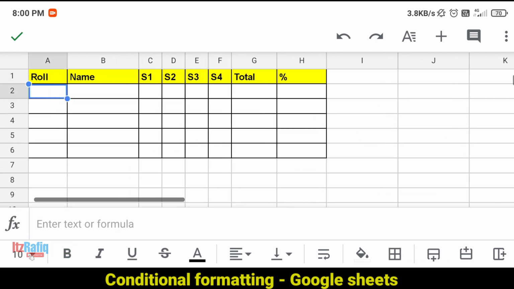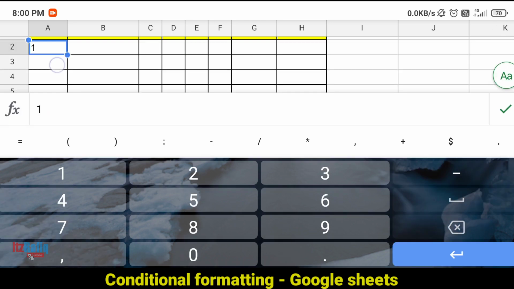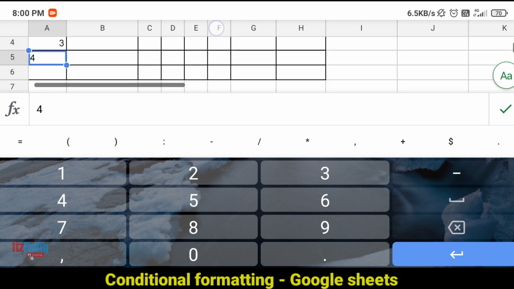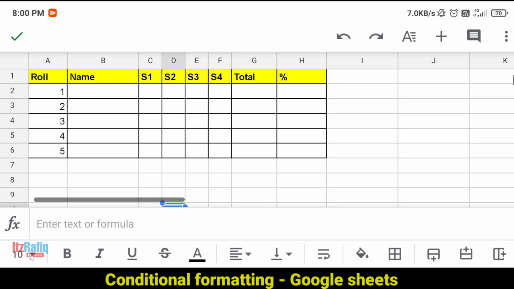Now you put roll numbers, suppose it is 1, then next you can write 2, 3, 4 and 5. After writing the roll numbers, write some names.